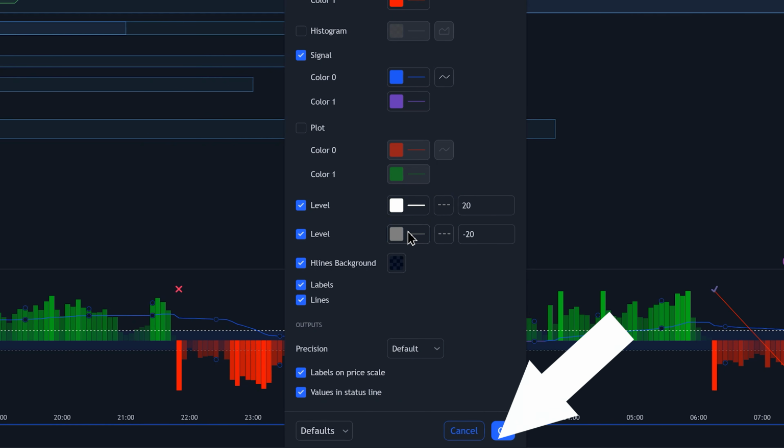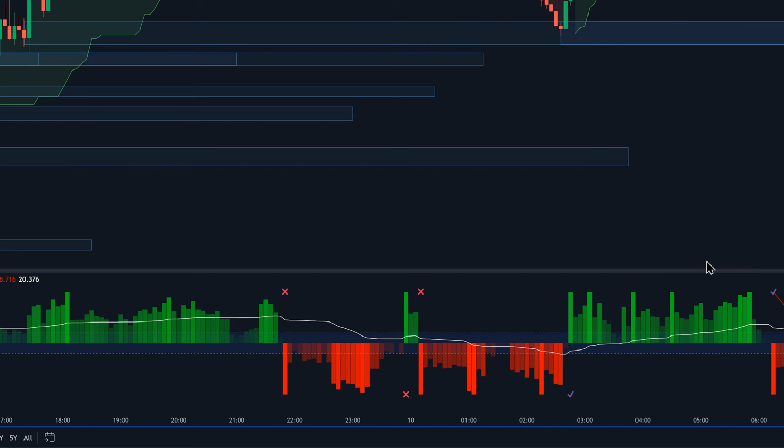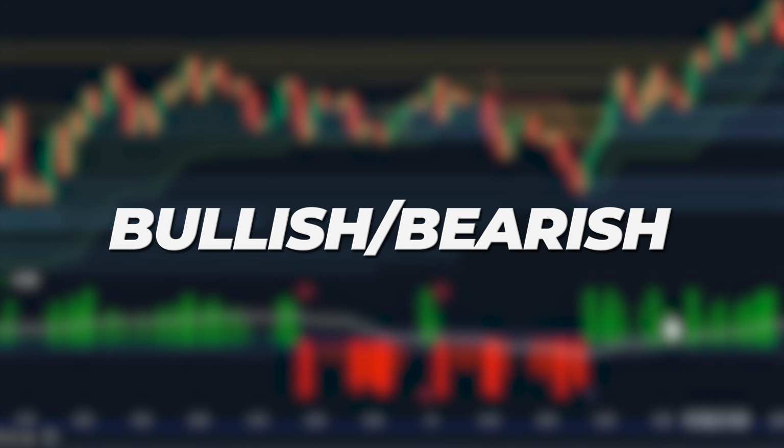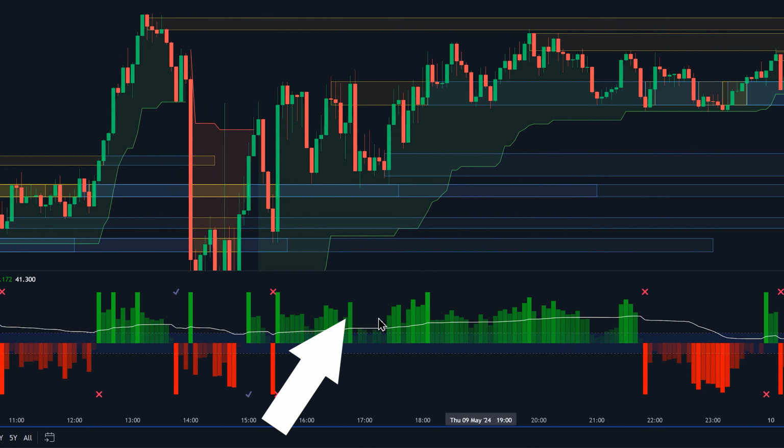After that, click OK. We're going to be using this indicator to confirm the presence of enough bullish or bearish momentum in the market before we take any positions. And the way we're going to do that is, for long positions, we're going to be looking for this white signal line to be above the 20 level, in an area where this histogram is colored green, and vice versa